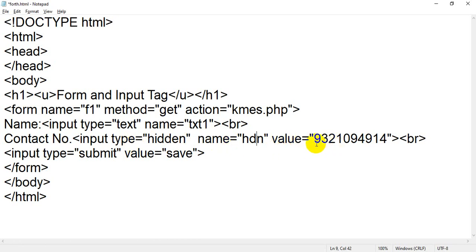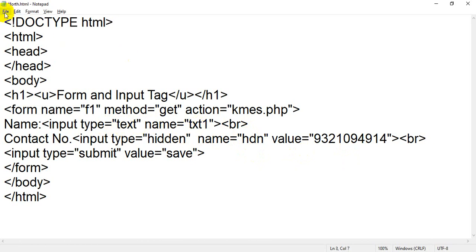So this value will bind with the name attribute, and the value of that attribute is hdn. So hdn will bind with this value, and whatever you insert inside that text box will bind with the txt1.